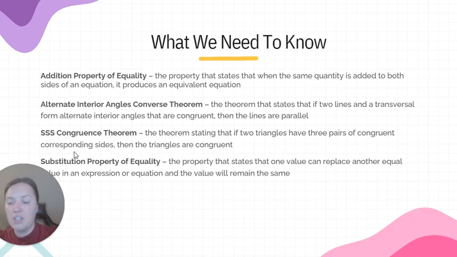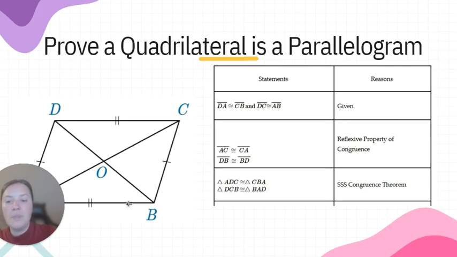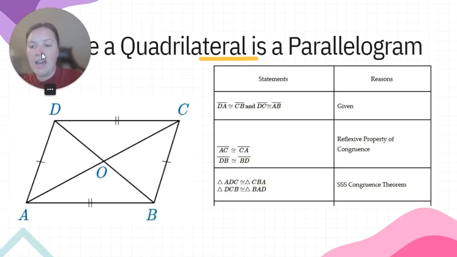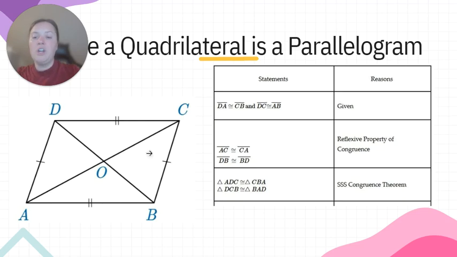So all three sides, if they're corresponding congruent, are going to be equal. And then we're going to talk about the substitution property of equality. In this case, we have our picture, and we are given that opposite sides are congruent. And we want to show that if opposite sides are congruent, our